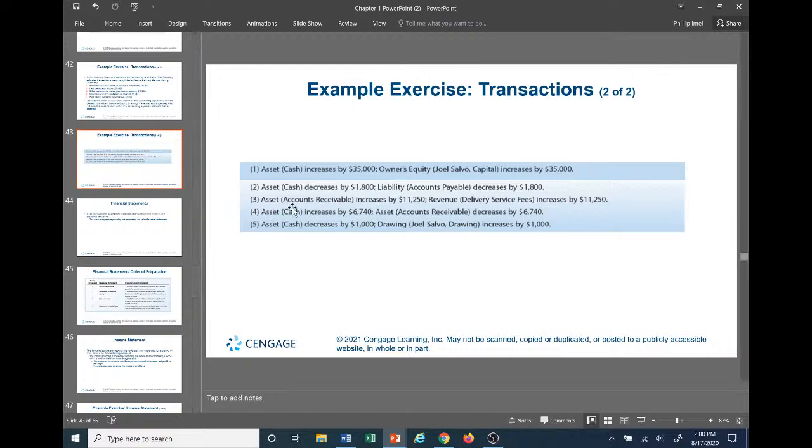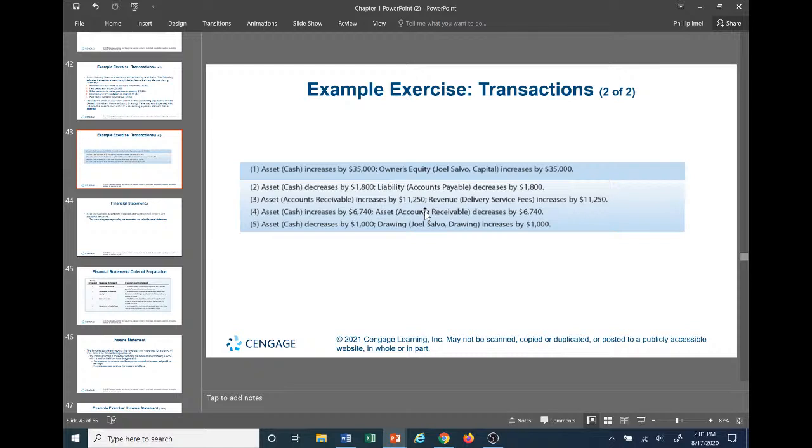It makes sense. So assets, accounts receivable is going to increase by $11,250. Remember, the accounts receivable is an asset. Why? Because us, the company, the one actually receiving this asset of an account receivable, we performed a good or service. So we delivered a good or we delivered a service, right? And we did all our performance obligations here. So therefore, we're due that money, the delivery service fees for the service that we delivered to them. So we're going to count that as revenue, right?